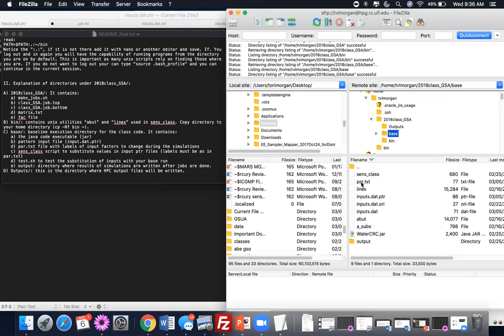But then there are a few files that we need to create before we can run our model on the hypercomputer. So you see we have this par.txt, inputs.dat.ptr, and inputs.dat.ori. And then your inputs.dat file is just the file that you created when you created your model in Java. It should have read from this file, inputs.dat. And it works with your jar file. So you should also have your jar file in the base folder. So your muttons and gluttons.jar, I have my own model in this folder. So now to create the files,